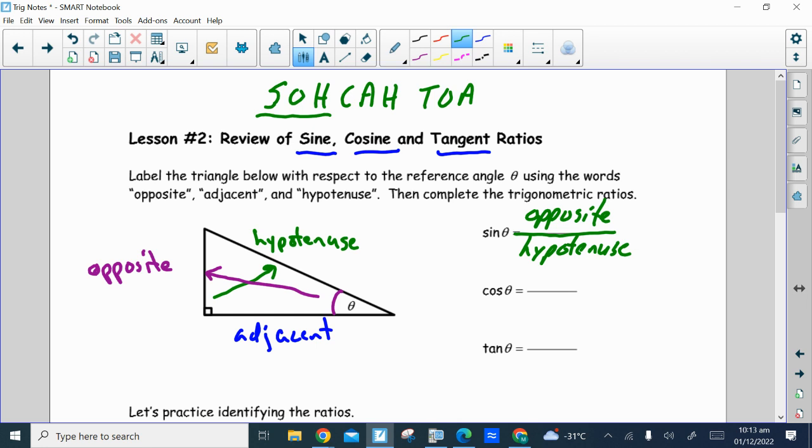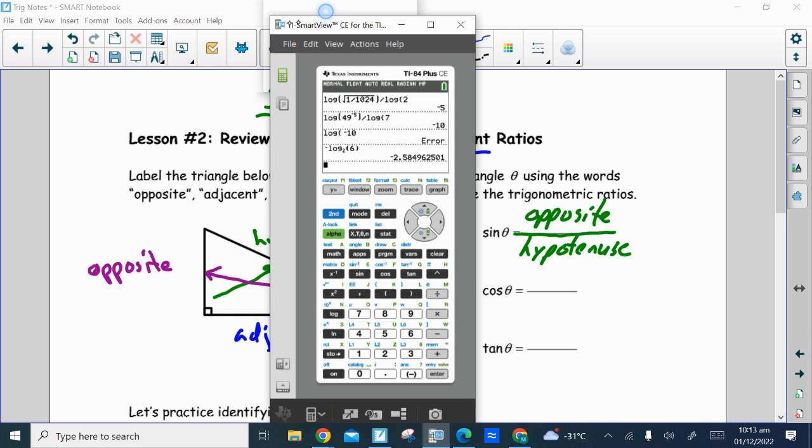The sine of an angle will be a decimal, and that decimal will be equal to the ratio: the length of the side that's opposite the angle divided by the length of the hypotenuse. That's what the sine of theta tells us. So, if you have your calculator,